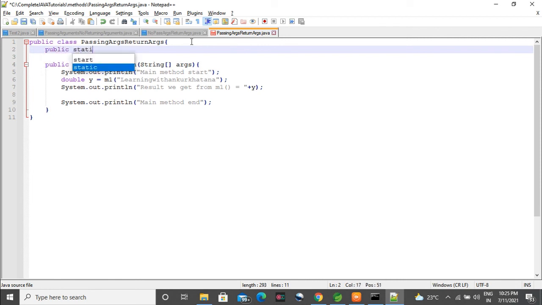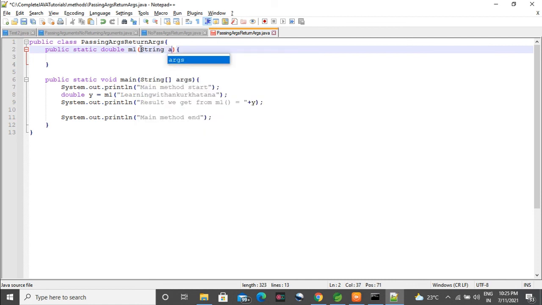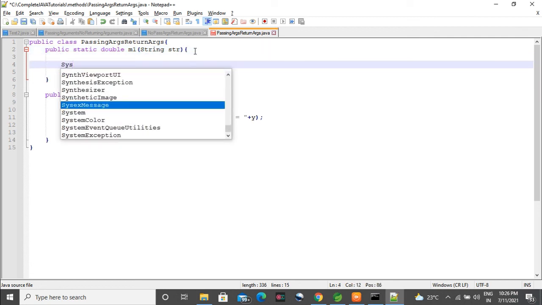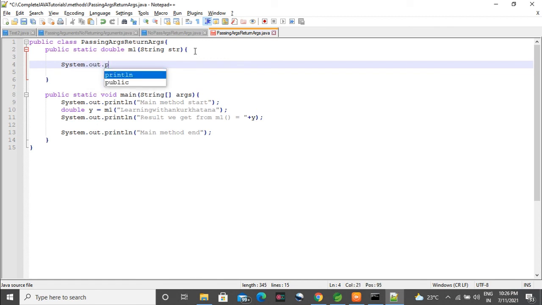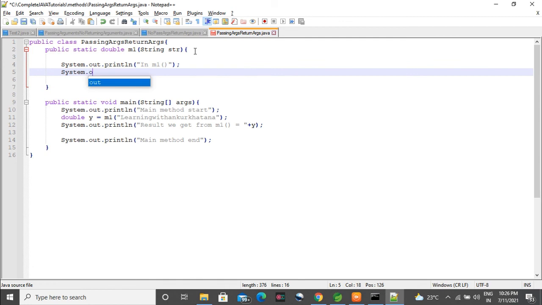Okay. So we will take one parameter and the type also we will change. So double we are returning, and the parameter we are passing is of type string, so String and then str. So see here, we are passing a parameter of type string but returning a double. It could be different, it could be the same, depending on your logic, like what your problem statement is. But in real life it will usually be different.